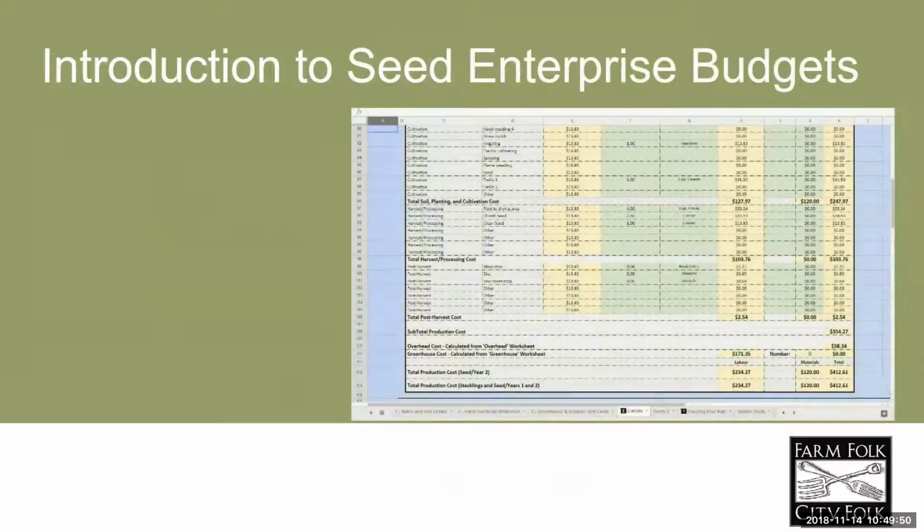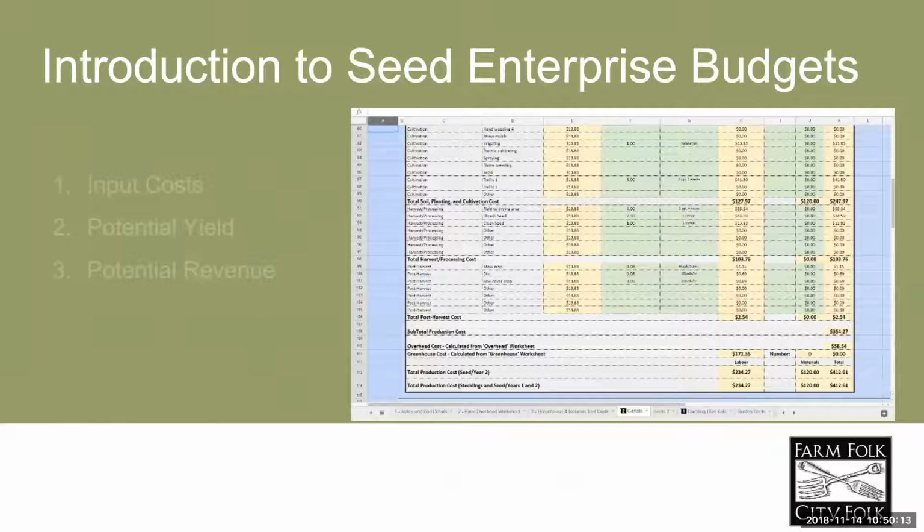So a seed enterprise budget, and there's a quick look at the intimidating spreadsheet there. I know there's a spectrum of spreadsheet opinions in the farming world. Some of you love them, and some of you get nauseous thinking about them. It's one of the reasons we wanted to develop a consult, so we can help walk people through it to not be so intimidating.